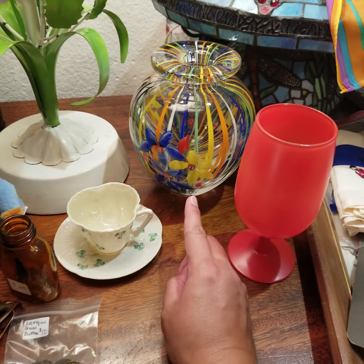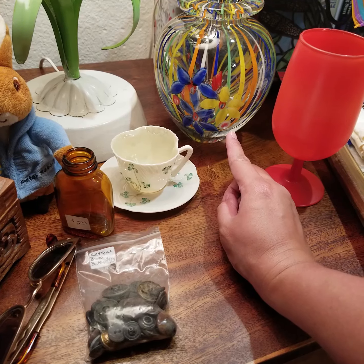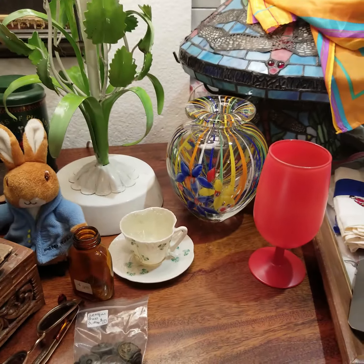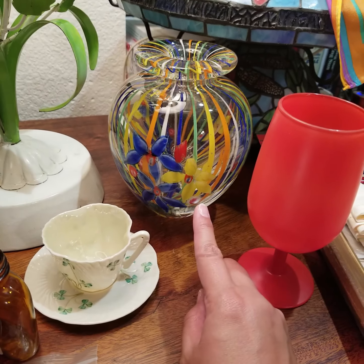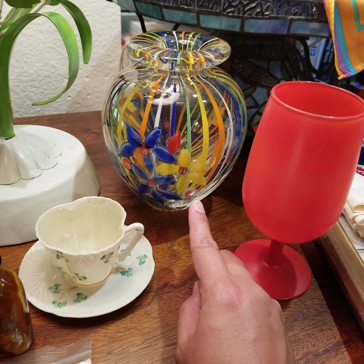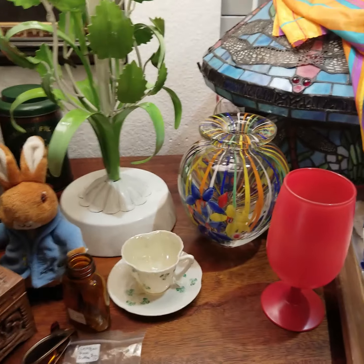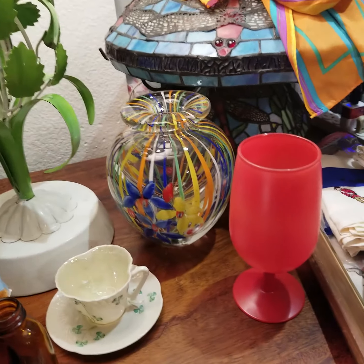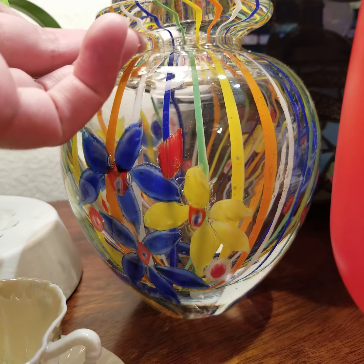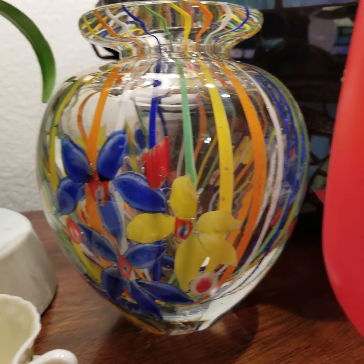This vase I also got at the designer's mom's house. And I did learn my lesson about Murano, and I searched it, and it did come up one that was really similar to this. It was maybe just a little bit smaller, and it was listed as Murano, and I forgot what the price was, but it was over $100, and I paid, I think, 20 something for this vase. It's pretty heavy, and I feel awkward picking it up by this lip here because I feel like it's gonna break, so I just put my finger inside to pick it up and move it,